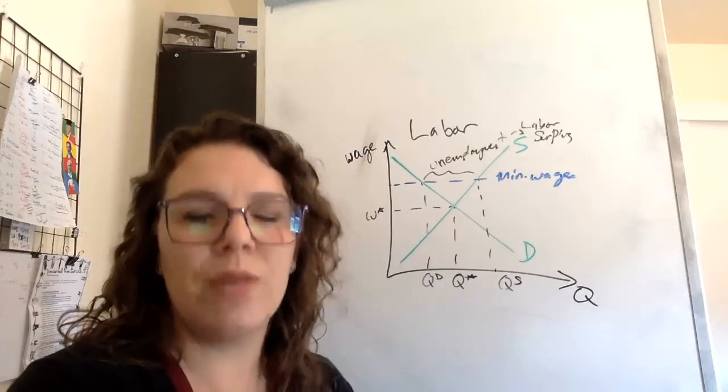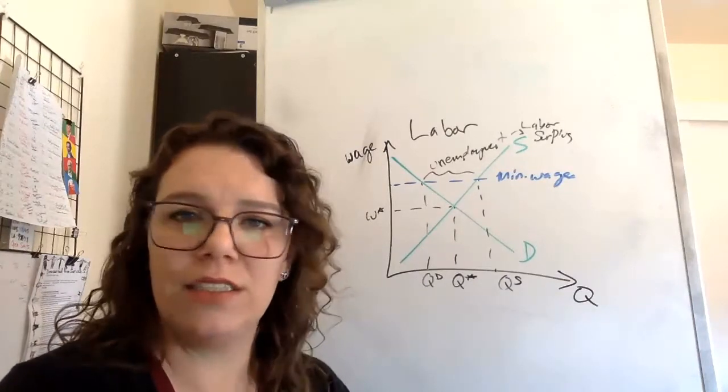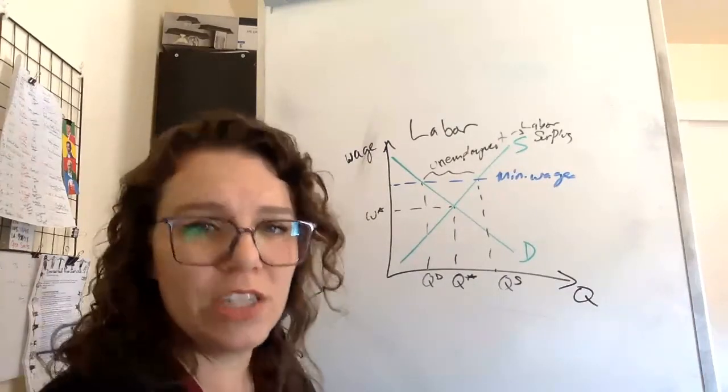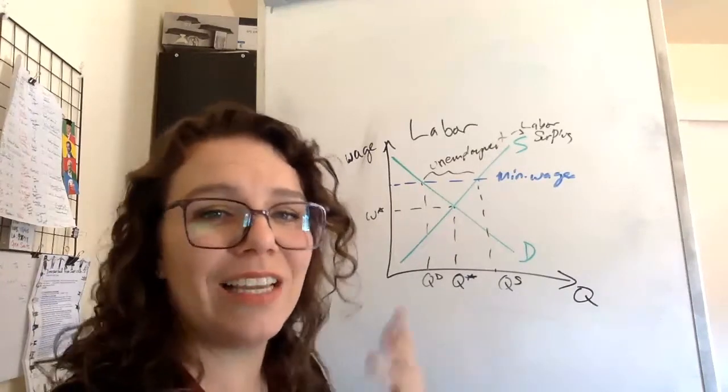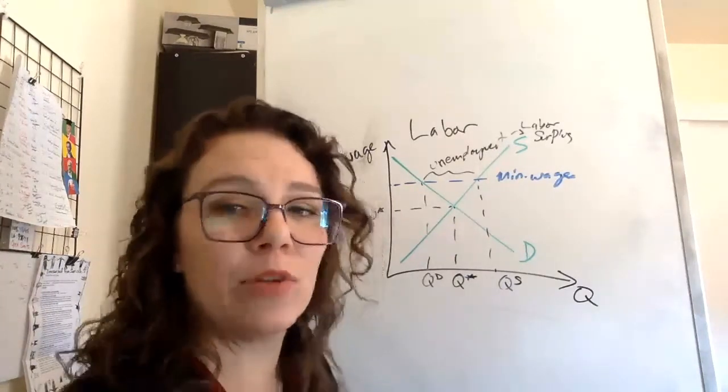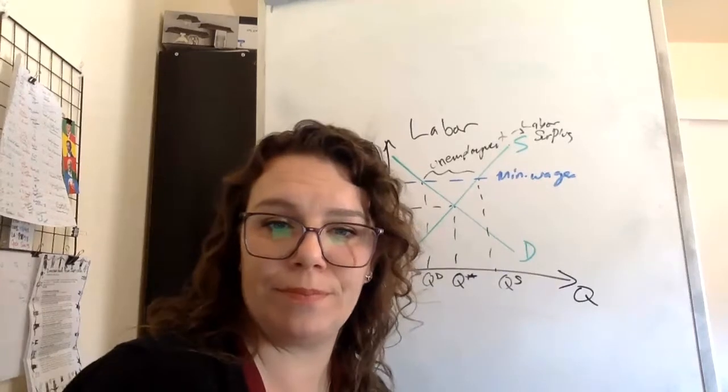What it would do in most cases, in every standard example, is if we have a higher minimum wage in the market for labor, it's going to result in that excess supply, a labor surplus, or increased unemployment. So